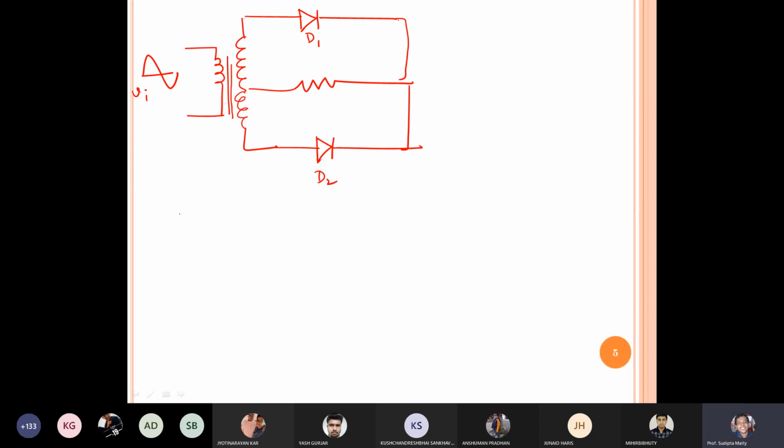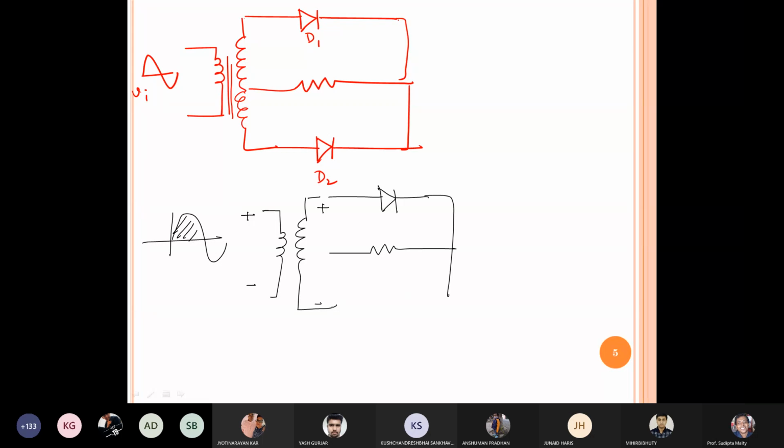In the first positive half cycle, it is positive, it is negative. So in this case, it will be my positive, it will be my negative. So this diode, I have this kind of connection. You observe, if it is negative, I can assume this portion is negative. So this diode D1 is in on condition. Current will flow, so it will act as a short circuit.